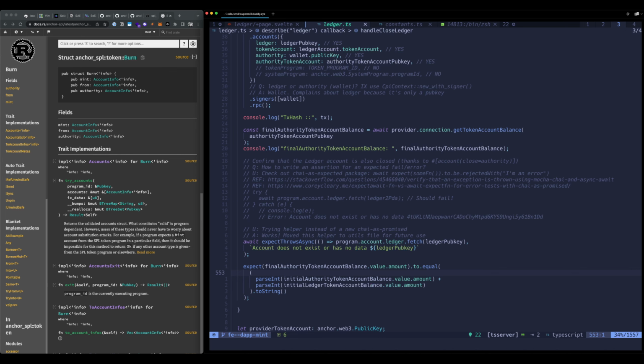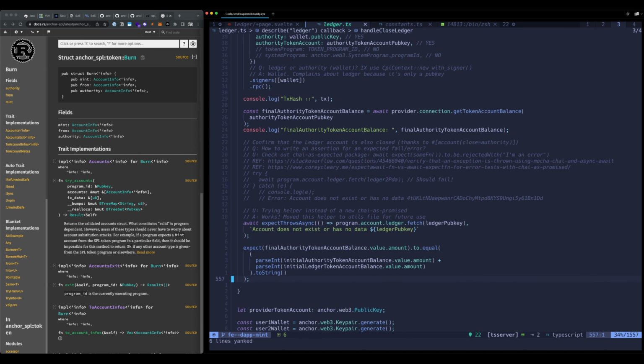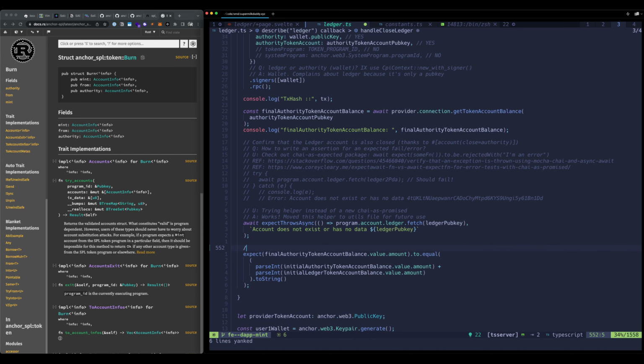So just trying to figure out this initial authority token account balance. Really, there's no, we're just burning. So I wonder if, for the sake of like testing, so like update